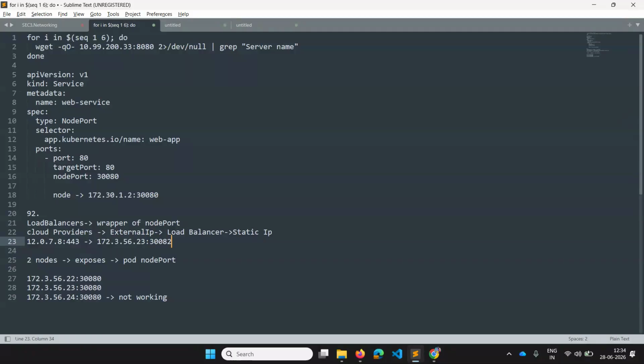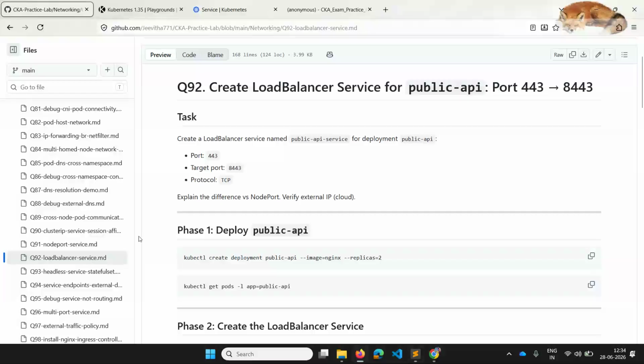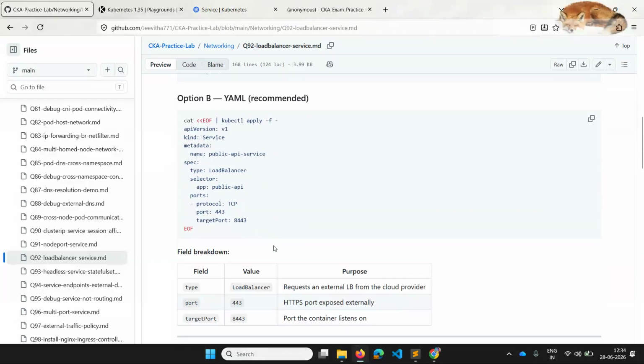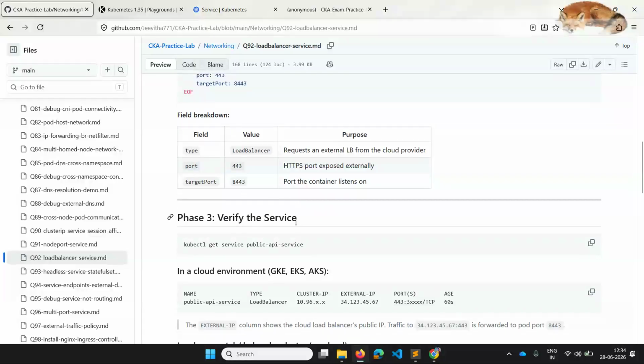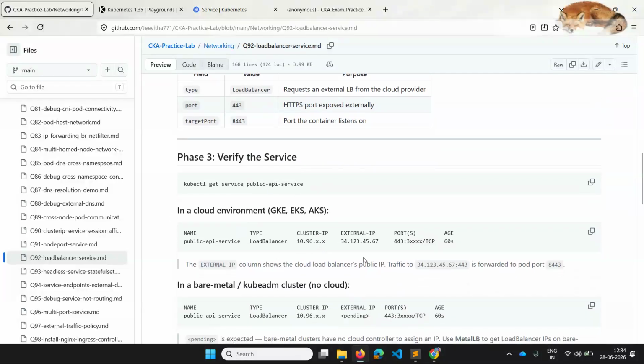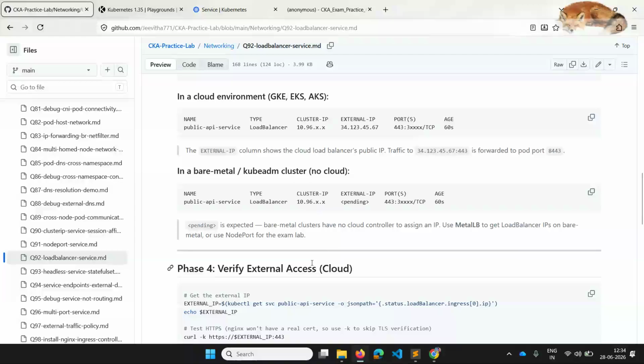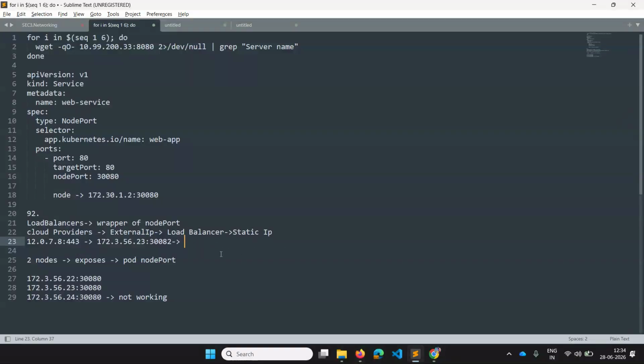It will pick up one port, and it will pick up one node based on that load balancing technique, and it will forward the traffic. And internally what happens is this port will send the traffic to, since we have mentioned the target port is 8443, the traffic will be forwarded to the service, and from there the traffic will be forwarded to the actual pod.